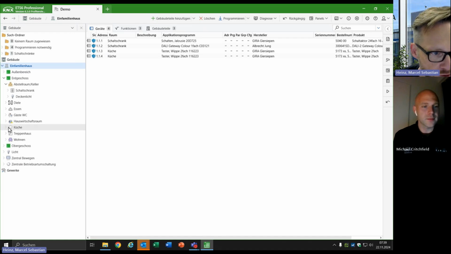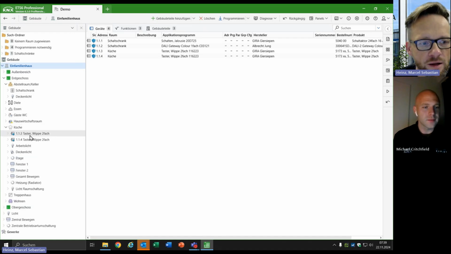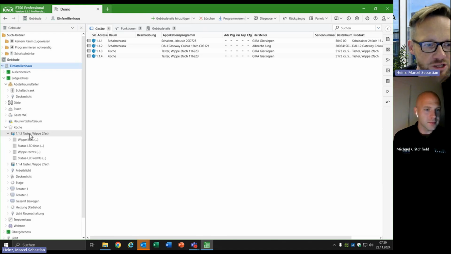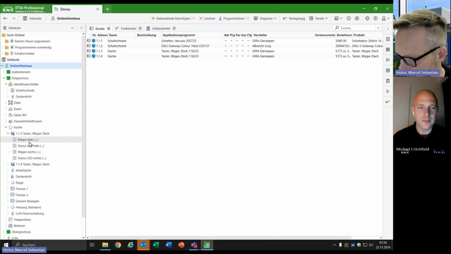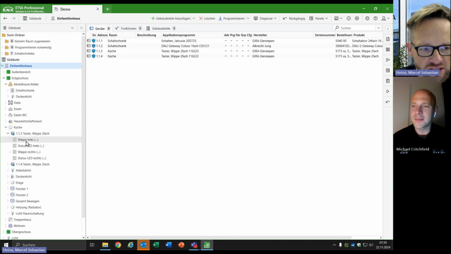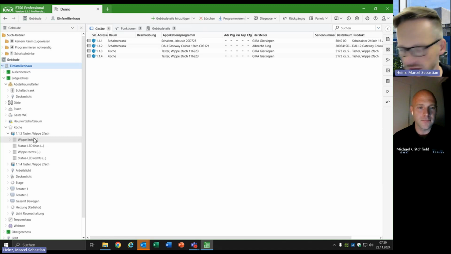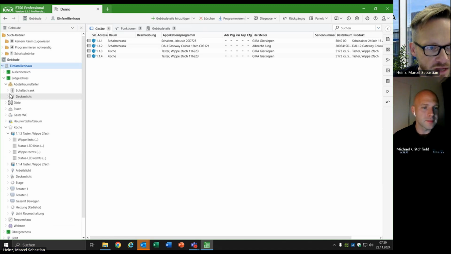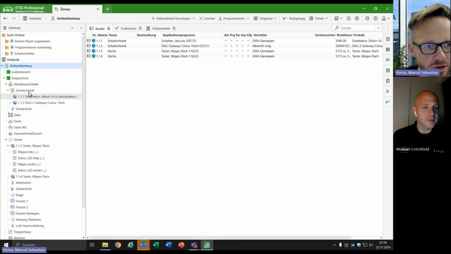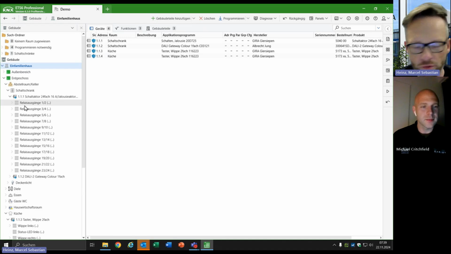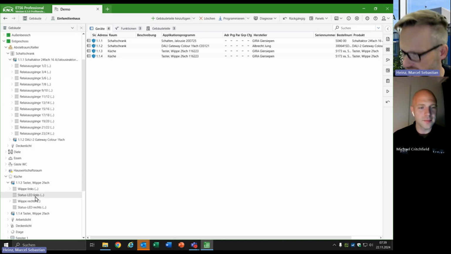In my example here in the kitchen, I set up some push buttons. As I can show you, the push button has several channels, and by using these channels we are now able to connect the sensor to the actuator. I have prepared here in my cabinets a combi actuator, and this combi actuator has channels on the actuator side, and the sensor has channels on the sensor side.